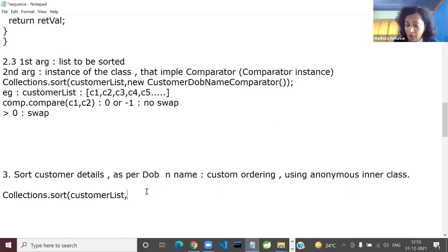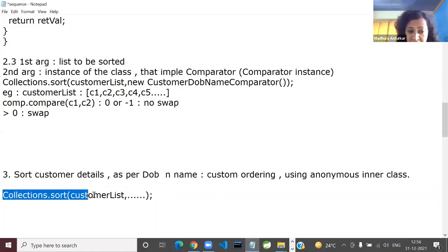Now see what I'm doing. Some things I'm going to add here. These dots will be, of course, separated. This is your closing bracket and this is the closing of your Java statement. So what are we going to add here in place of the dots? The entire anonymous inner class definition. And this anonymous inner class definition is going to be added in a single Java statement.